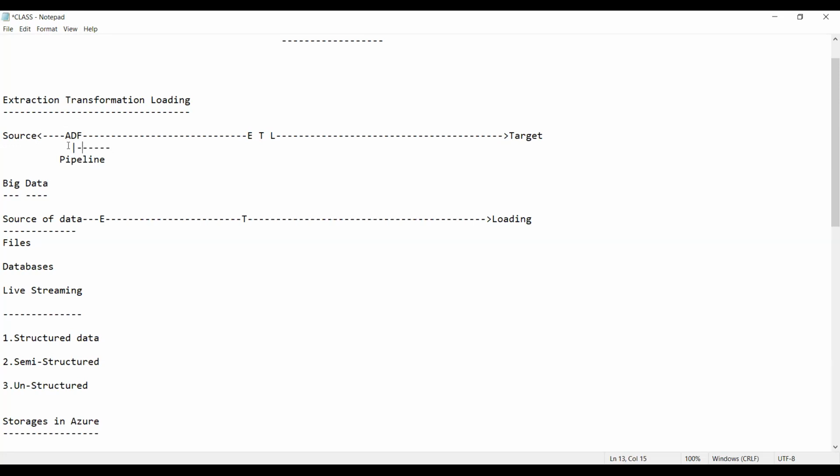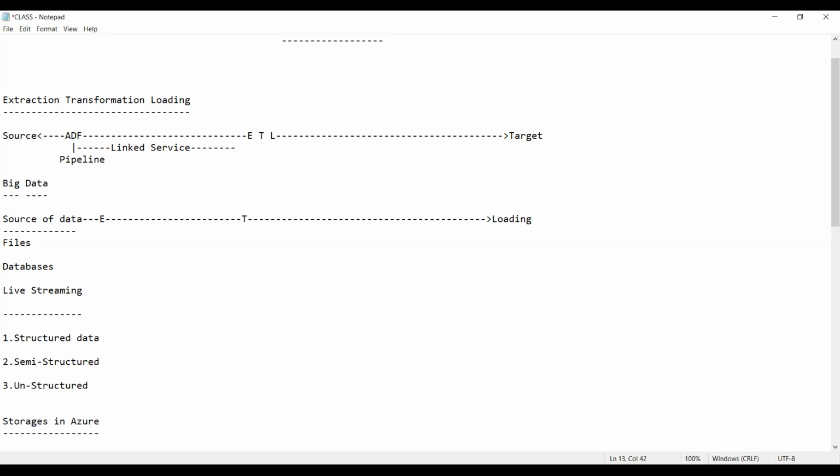Now guys, once the pipeline is ready, what is the immediate thing we use? Linked service. So why would you use the linked service? We use the linked service to relate the source with the ADF. Am I right, guys? So here we use the linked service and we go ahead. And now once the data is accessed,